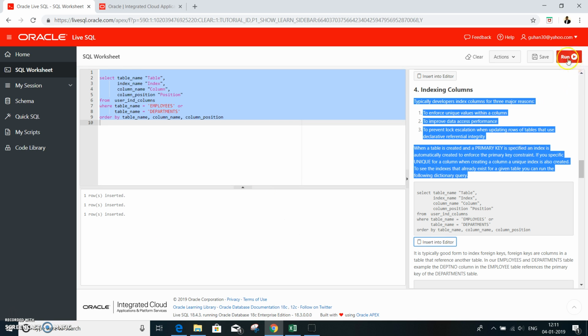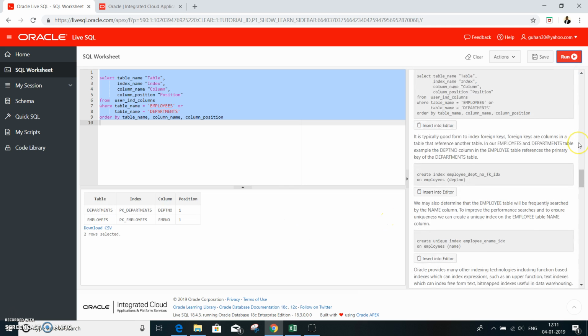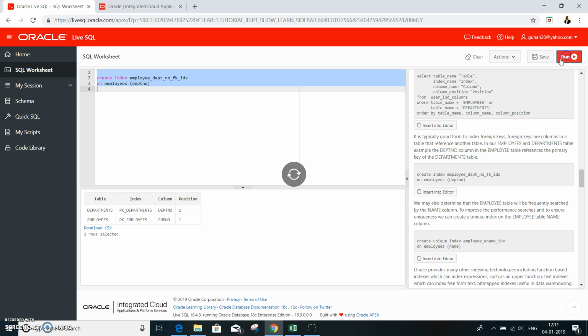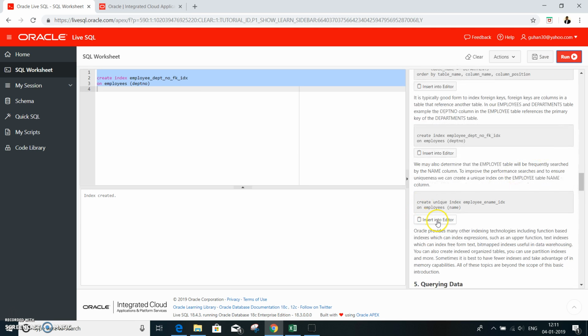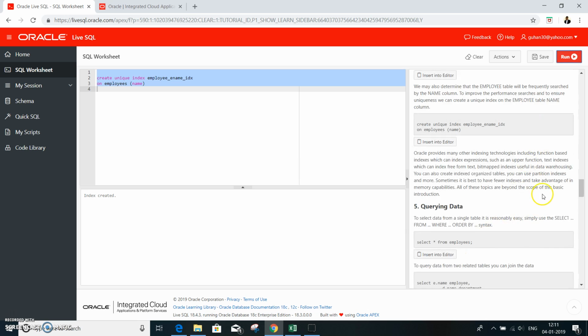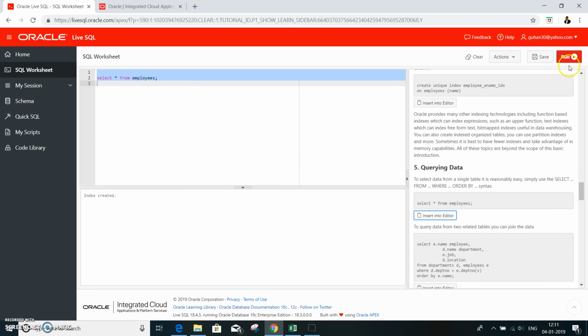You can insert and run it. Index is created, and then similarly I'm running this. Index created, insert into the editor, run.